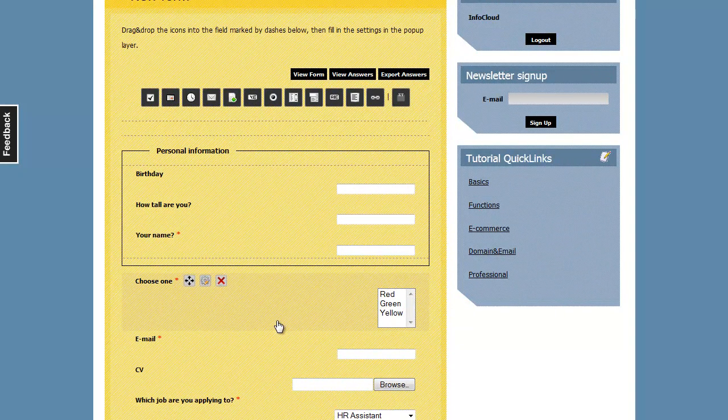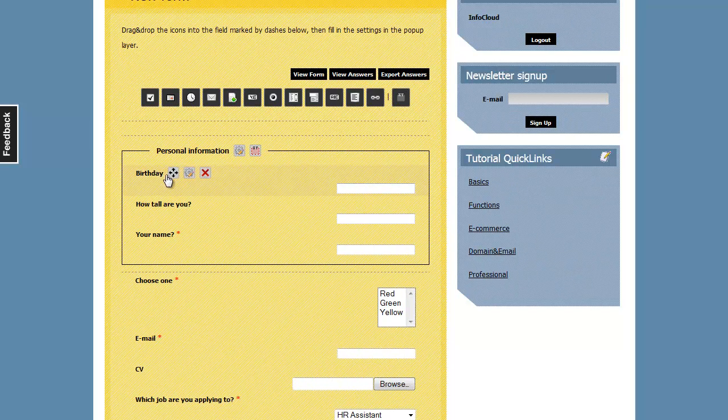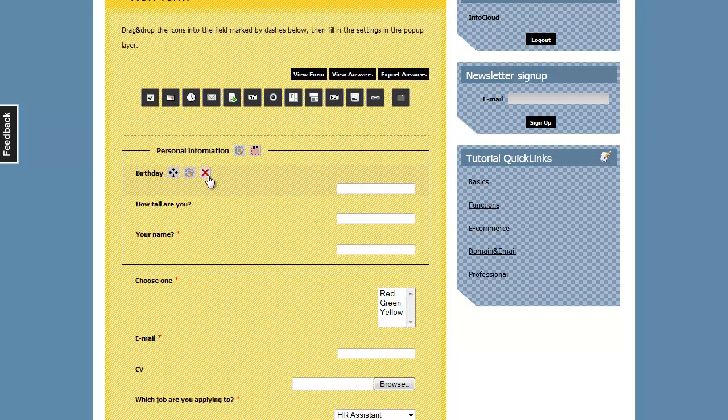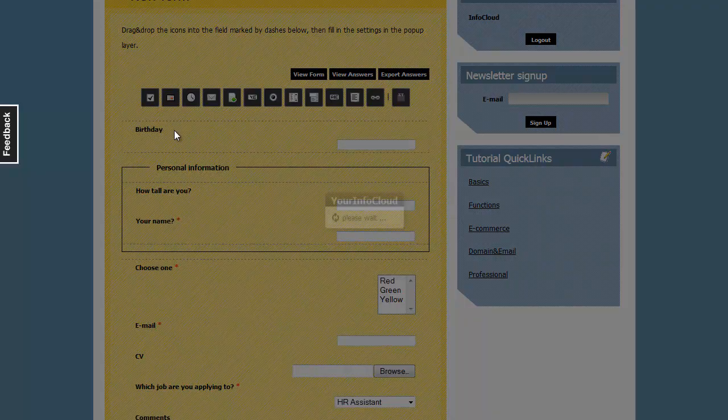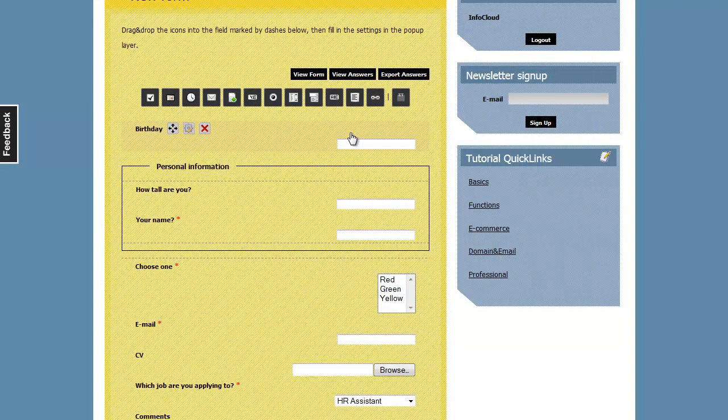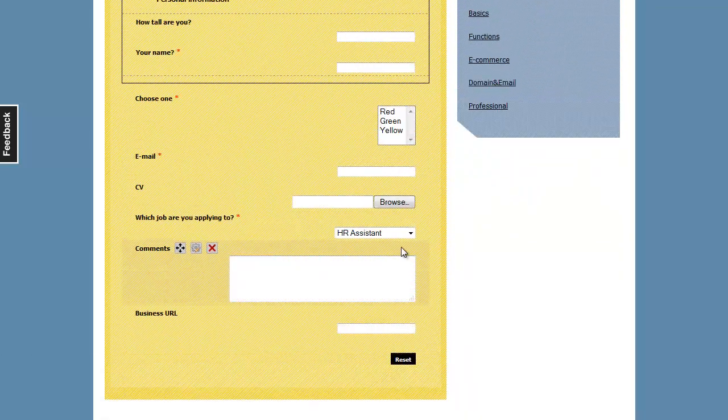The only thing you should know about this is that you cannot drag. As you can see, there's no icon to drag the field, the section. All you can do is drag fields into it or outside of it, so you can rearrange your stuff like this. So let's save our answer, save our form,